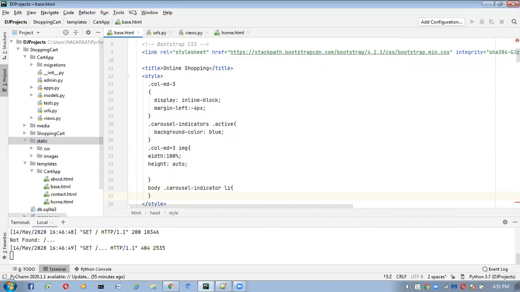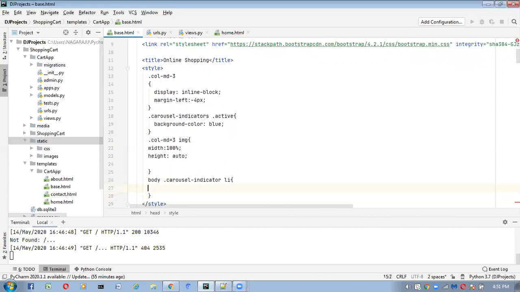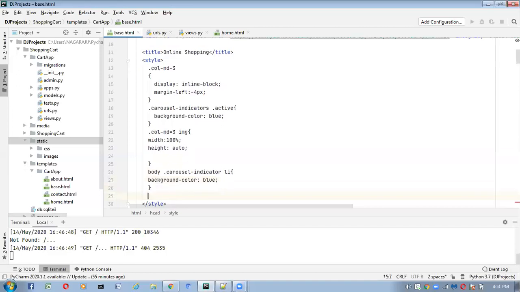Inside this indicator list, what we have to take is background color. Blue I am taking like this.